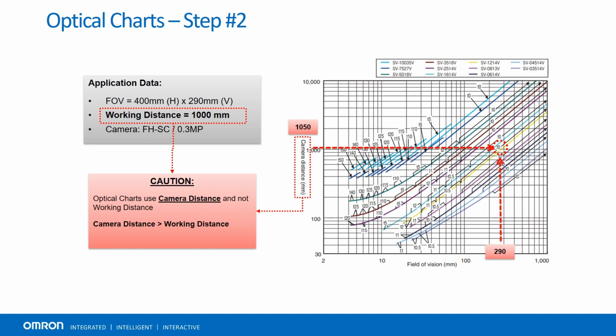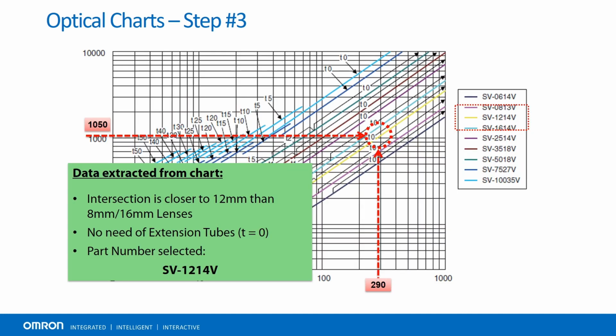As our working distance is 1000 mm, we must convert this to camera distance to properly locate the correct lens. In this case, we add 50 mm to working distance to calculate 1050 mm. We can see where the intersection occurs between 1050 mm on the y-axis and 290 mm on the x-axis. As we can see, the intersection is closer to our yellow line, which references the SV1214V or 12 mm version